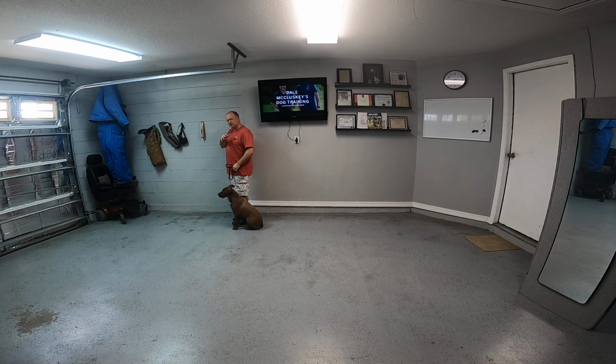Now, it's interesting because she'll tend to want to pull, and this is what happens, right? You get close to, say, the crate area over there, and if you pay attention to how she's kicking back a little bit, when she gets close to that opening, you see this on my other videos with other dogs I'm working with, they challenge more because they want to escape this, okay? They're still in process, so they're saying, I don't want to be out here with Dale. They know they're getting close, so I want to go that way. I want to go into my crate and have a little downtime and get away from this. And that's where they'll kick